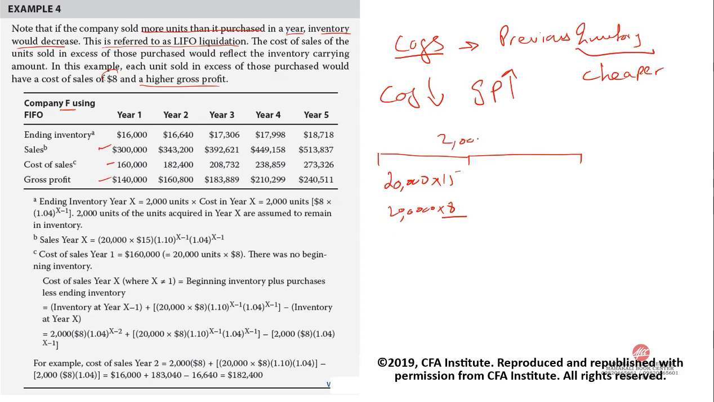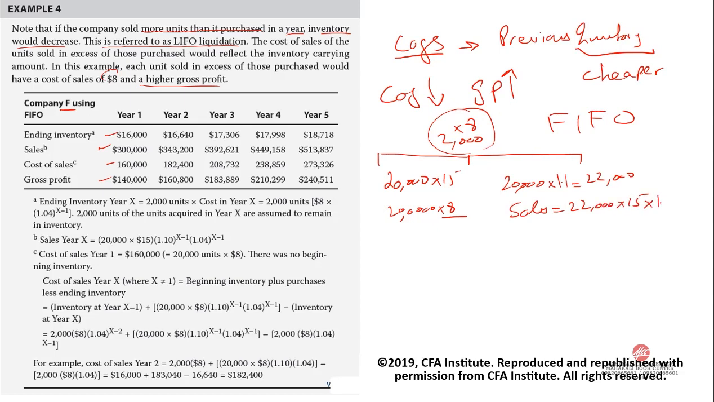And we are left with 2,000 worth of goods, and the purchase price of them is 8. So we have an ending inventory of 16,000. Now in year 2, because we are using first in first out, the unit sales will grow by 10%. So 20,000 into 1.1 equals 22,000, and our sales would be 22,000 multiplied by 15 into 1.04. So this is going to give us